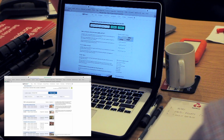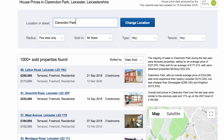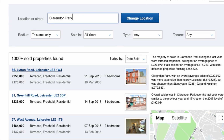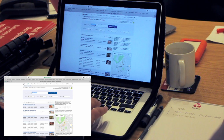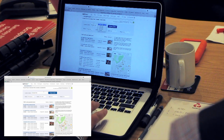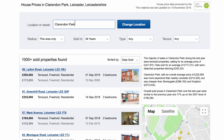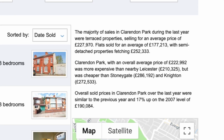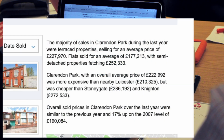So what this brings up is all the property sales that have taken place in Clarendon Park since 1995. What I would be doing here is, as you can see on the screen here, it says sold in years. I would take that back to 1 year. And as you can see on the screen here, it tells us some great information, which we're going to utilise for our video. So it says the majority of sales in Clarendon Park during the last year were terraced